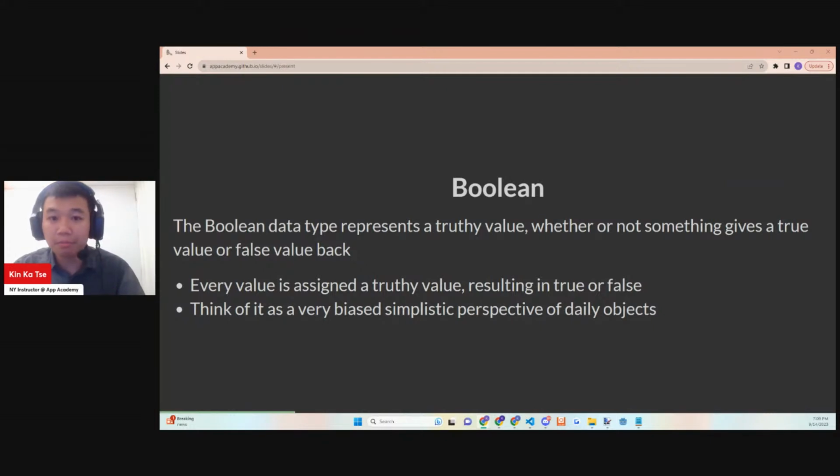So, say, for example, pencils. Pencils are kind of neutral, right? They're not really negative or positive. But if you're going to be very biased about it and say that pencils are pointy and sharp, then they're negative, right? Like, it can potentially hurt you. But you could also say that sugar is tasty, so they're positive, right? So even the most neutral of items you can think of fit in the positive versus negative sort of scope. And because that is how truthy and falsy works, it's all black and white. So everything is basically black and white.